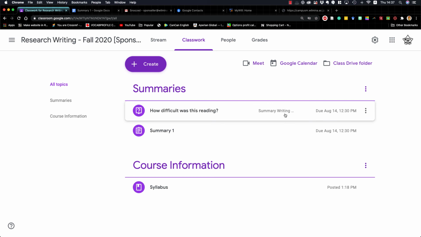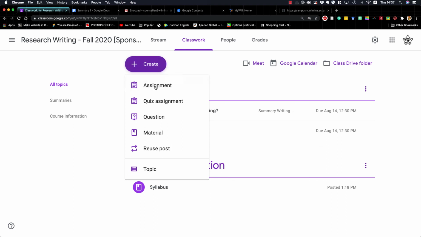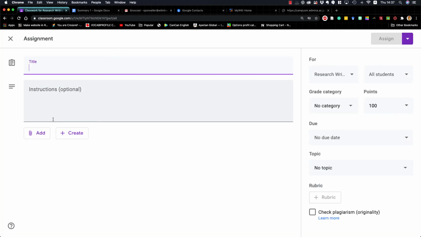I'd like to show one more type of assignment that I call a dummy assignment. And I'm just going to create assignment. And I'm not going to add anything down here. And at OJ, we often do like X reading or English Central. So let's just say I think this class will actually have English Central. And those of you who are familiar with English Central know that it's generally 10% of the overall course grade. I'm going to make it a 100-point assignment,